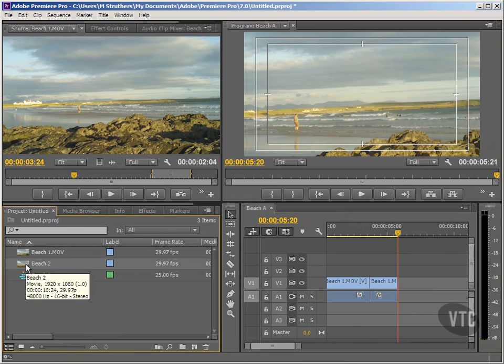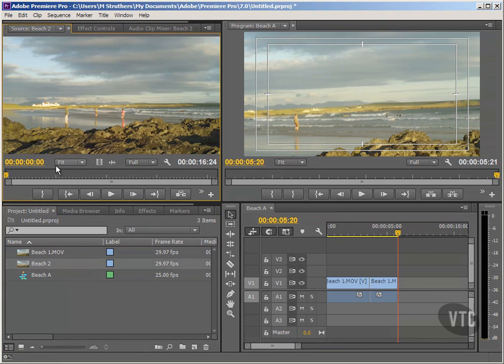So I'll double click on beach number 2, this video file here, to open it in our source monitor. Remember, we can have a number of different video files open in the source monitor and vacillate between them, selecting areas that we want to use. So with this beach number 2, I'll set a range by using the out point button first, and then now I'll hit the insert button. This range from the beginning of a file to this out point has now been brought in at the end